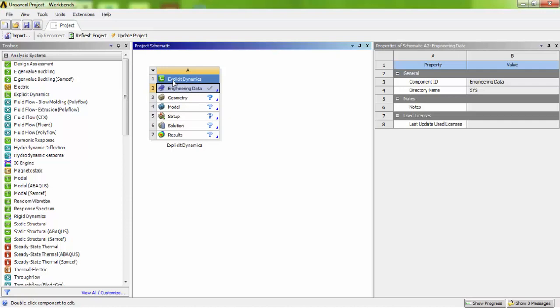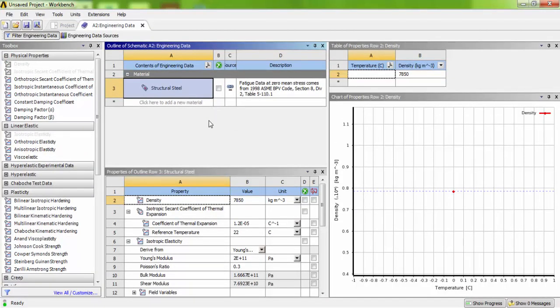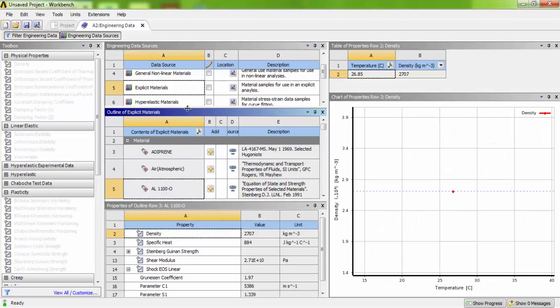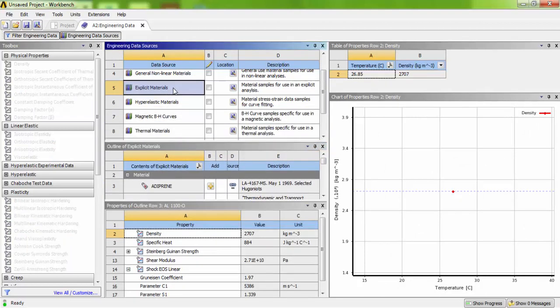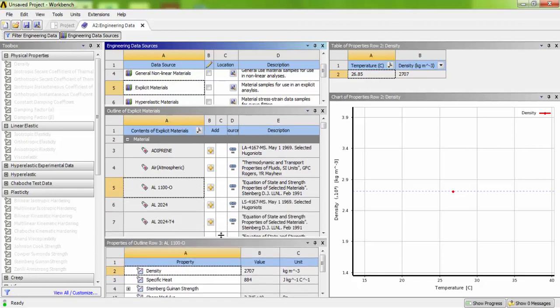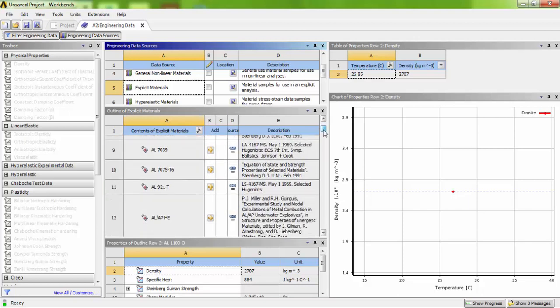Drag and drop the explicit dynamics, go to engineering data, double click it and select engineering data sources. Select explicit material, then you will have a predefined material model available in the ANSYS library.